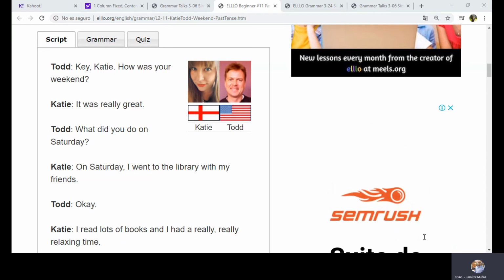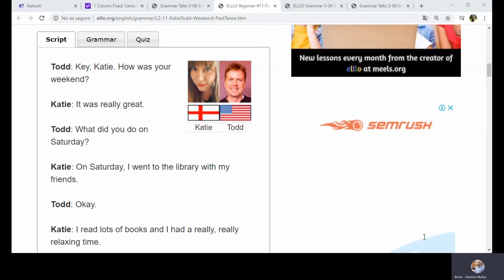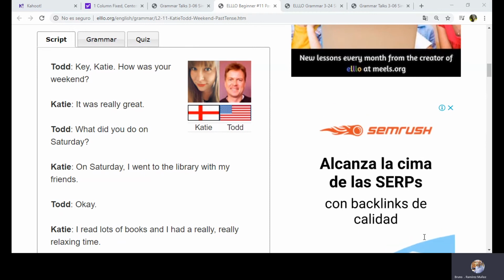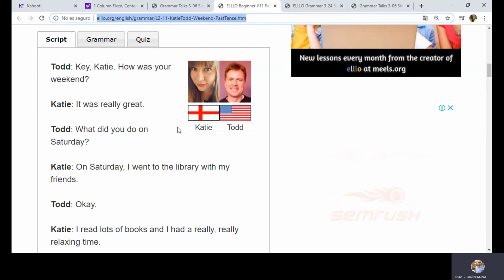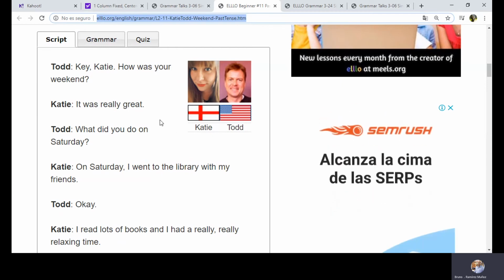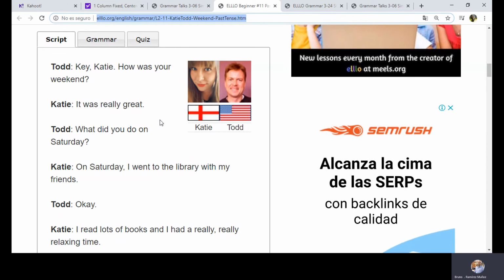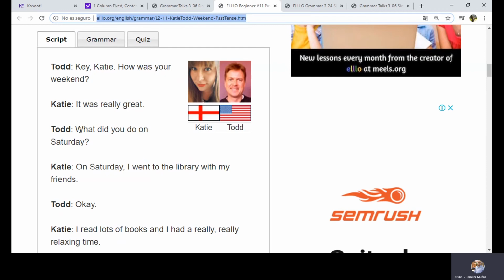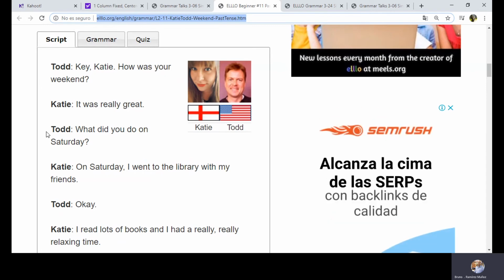If we're here, probably we could do some practice either here or in Zoom, right? So I copied and pasted the link in the chat room. The idea is that you go over the dialogue and you practice with someone else, okay? Or you practice on your own first, and then you practice the dialogue with someone else, and then you focus